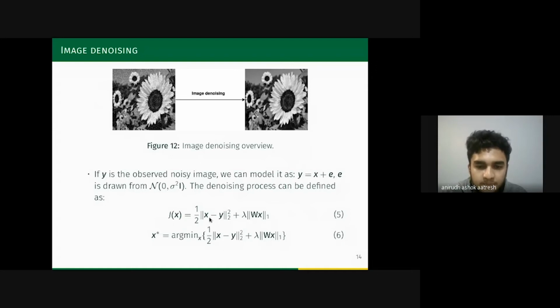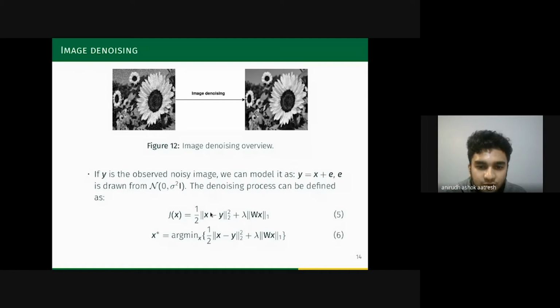The first term measures how closely you want your solution to be to the noisy image. Minimizing this first term will result in an image that is similar in structure to the original image. You want to minimize this first term only to the extent that the underlying image structure is retained, but it doesn't retain the noise.